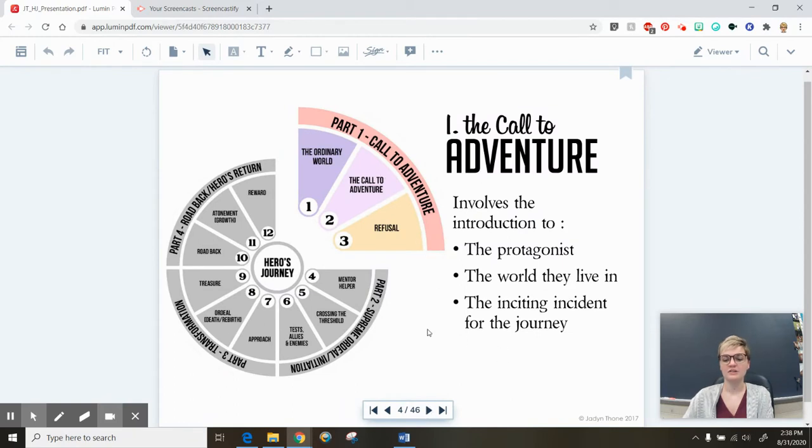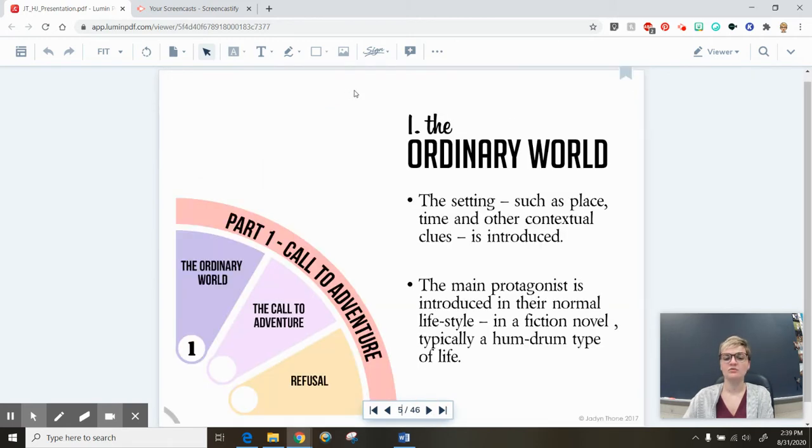So this first stage is the ordinary world. It's when they introduce the protagonist. They tell you a little bit about the world that they live in. So during this ordinary world stage, which is the very first part of the story, they're going to introduce the setting. So they'll give you some context, whether this is a place that existed hundreds of years ago or today, maybe it's in a big city. And they'll introduce the main protagonist in their ordinary world. So maybe they're a student or they are the daughter of the king. Usually, though, they're living in a pretty boring world. Their life isn't really that interesting.